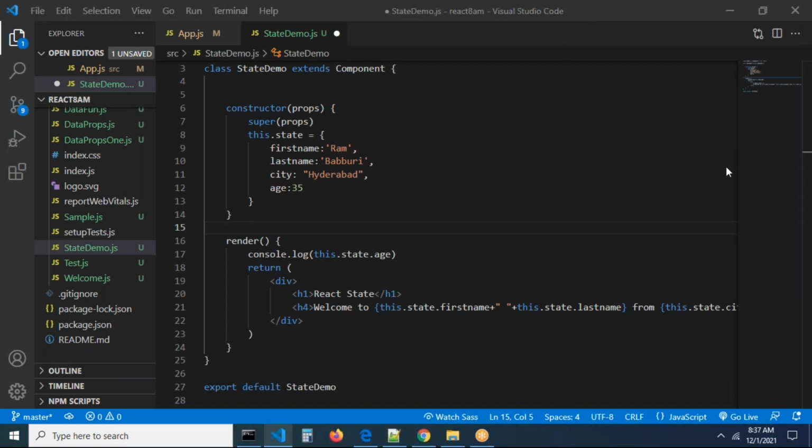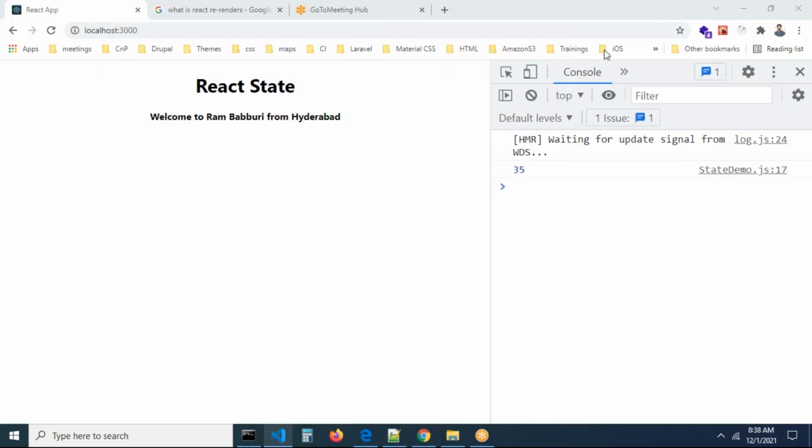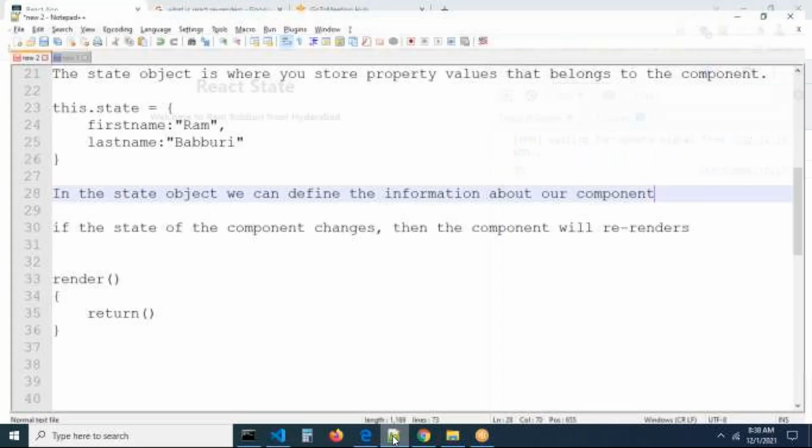Yes, I have seen a question in the chat window. Let me check this. In the constructor, is it mandatory for props? Yes, if we can avoid this also, no problem. But sometimes you may get props, right? At this point of time, I'm removing props. So this is optional actually. Even if you want, you can take it. But sometimes some other